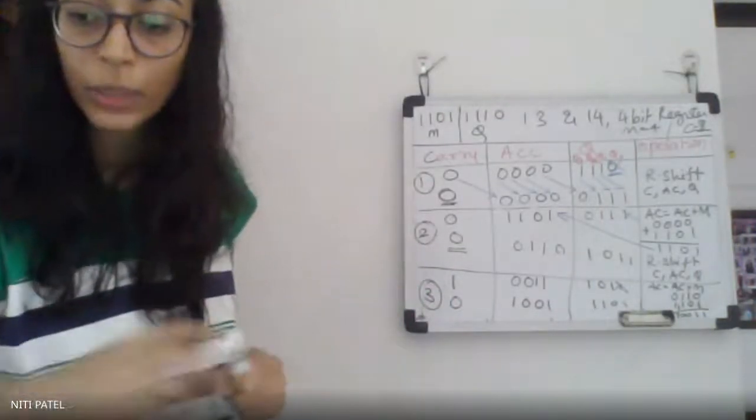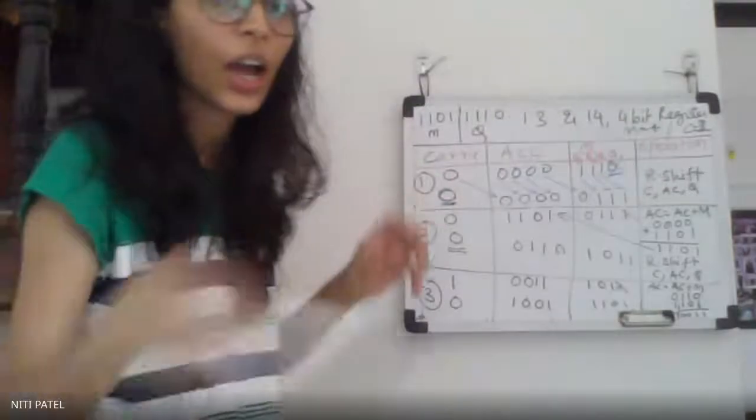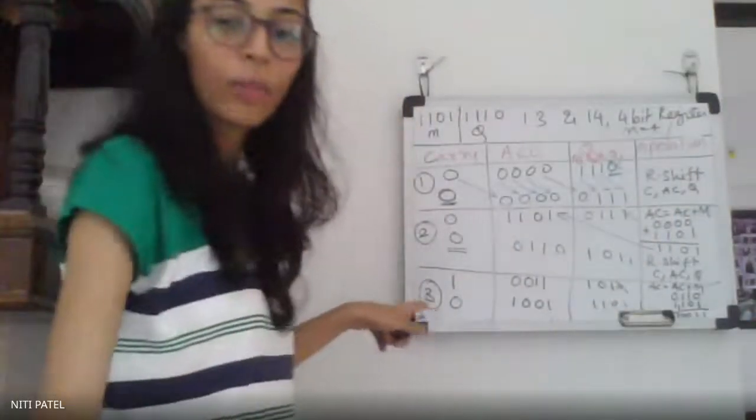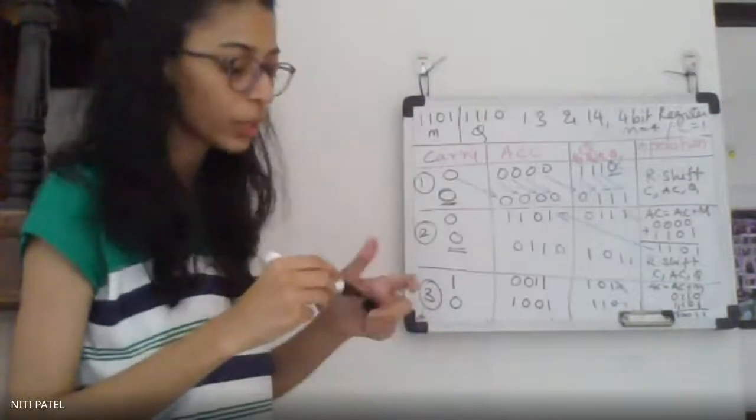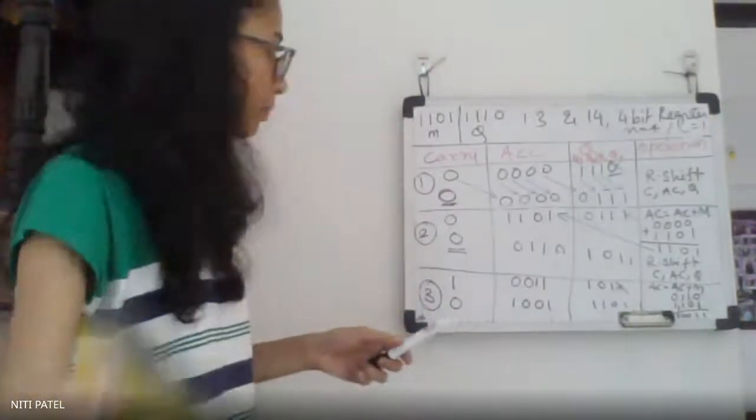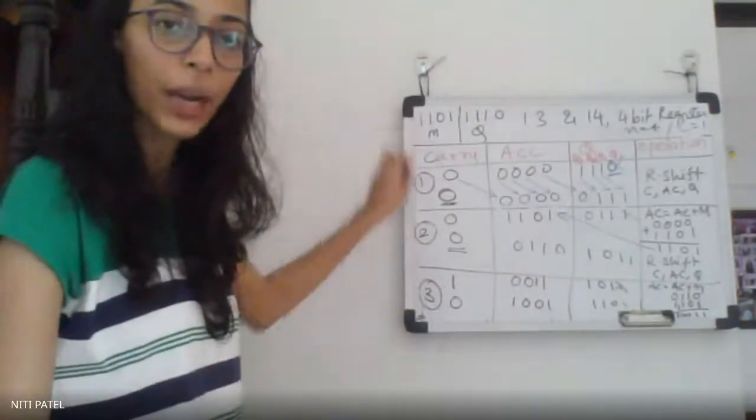Is this understood up till here? Yes, ma'am. Okay. So what is my new value of cycle now? 3. Cycle number 3. 4 minus 3 is 1. So I have to do how many cycles? Only one more cycle. So can you do that one more cycle for me? Do it in the book. Is it understood up till here?